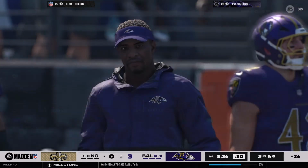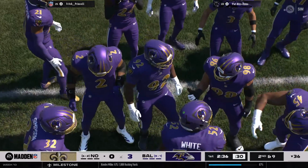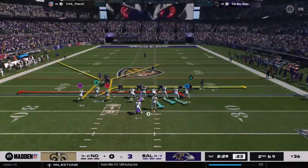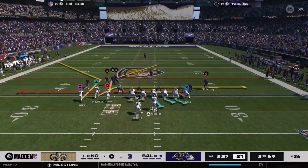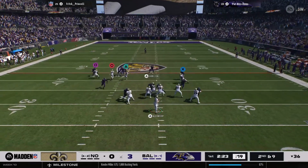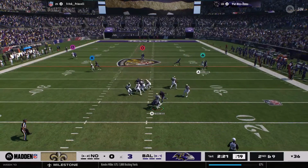Well, this defense for the Ravens, they were very good in the victory a week ago over Cincinnati. And every defensive team that we talk to, they spend a lot of time talking about creating turnovers. And anytime you get 2 or more in a game, you've had a really good performance. They exceeded that number in a huge...